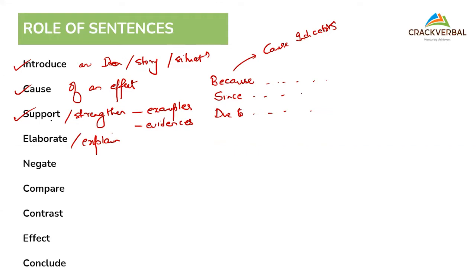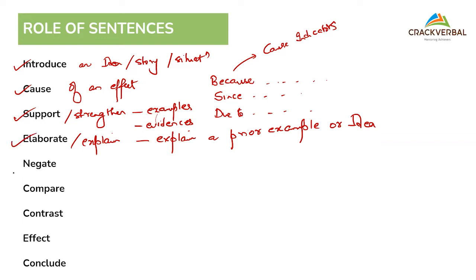That is another role. So what is the difference between support and elaborate? The difference is, with support I can give you n number of new examples, but with elaborate, I will try to explain a particular prior example or idea. So it is a continuing factor. Here I can have a new supporting example, right?